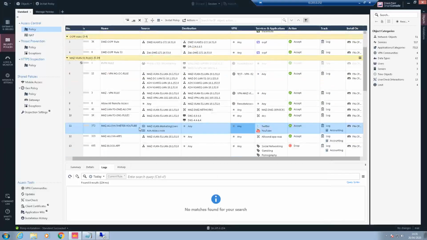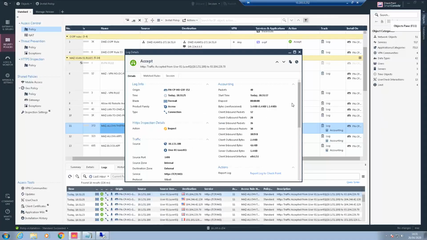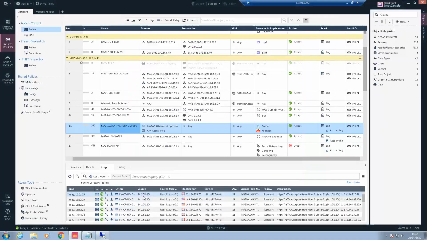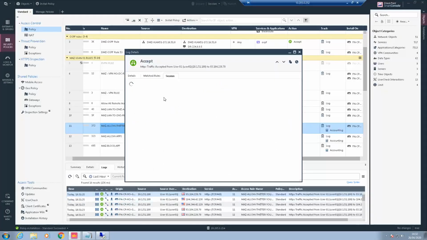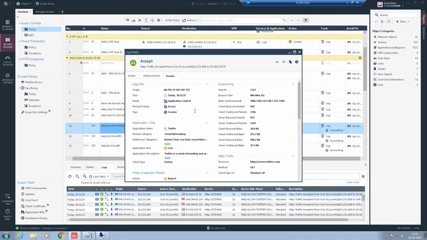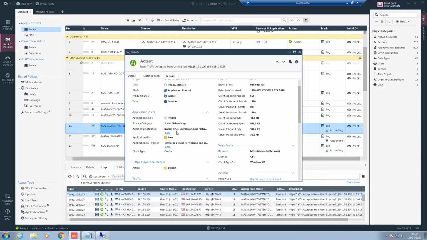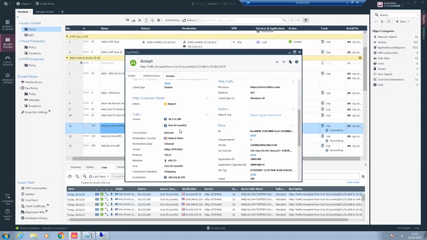Let's check traffic. Right. So now you can see I have seen my user here. Here from this machine, standard 151. This is user 01. I can see it allowed because of this traffic, this internet. Basically, traffic is coming. These are the sessions, application control, and user 01. Clear?